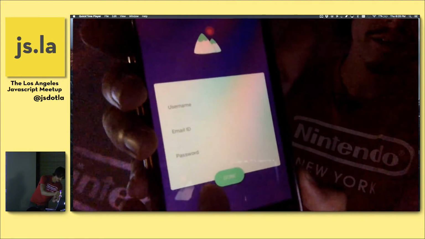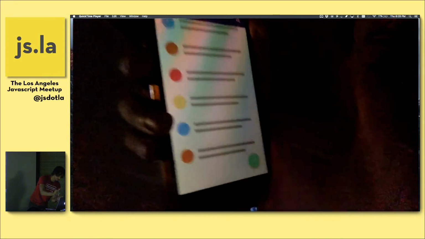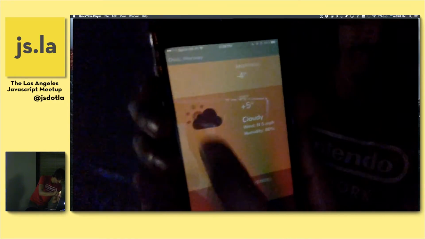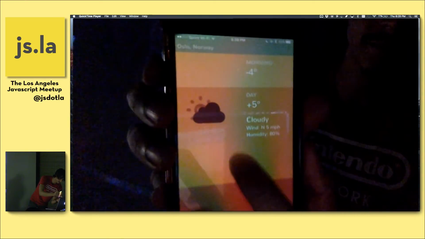Okay. Let's see, another one. This is a sign-up flow for users signing up for logging in. Very secure credentials there. Done. Yeah. So it's transitions between them. Really smooth scrolling, too. This is a weather app. So you can swipe between the different views of the weather in Oslo, Norway. The company that builds this is based in Norway. I don't know if you can see clearly on this, but there's a really cool transition between the different sections.